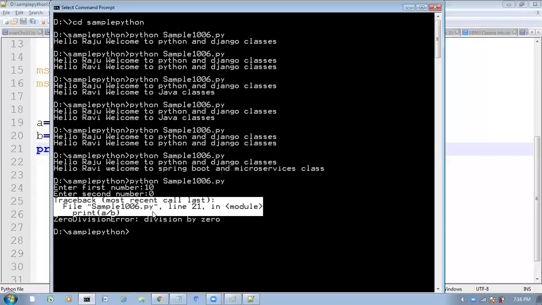Instead of that, if they display the entire stack trace on the screen, can you understand what that is? You can't understand. But if they display "please try after some time, server is under maintenance," you can understand that some problem is there.